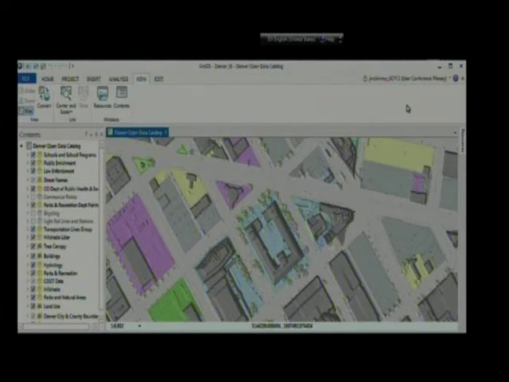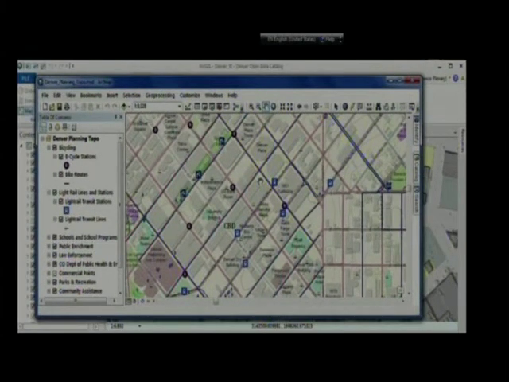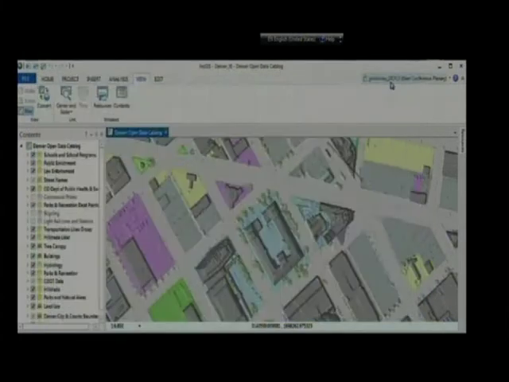So when I'm introducing ArcGIS Professional to people for the first time, I really hear the same 3 questions. The first question is, will it work with ArcMap? The answer to that question is yes. Here's ArcMap running side by side with ArcGIS Professional. This isn't a screenshot, this is really ArcMap, and it's been running the whole time.